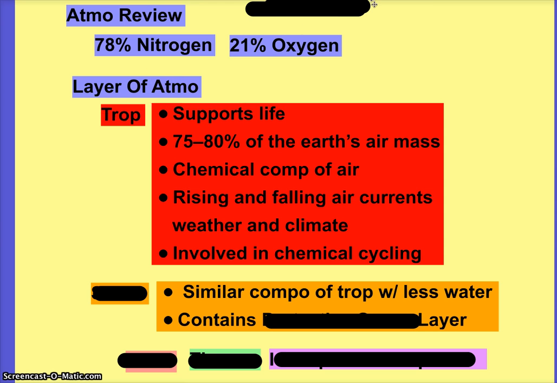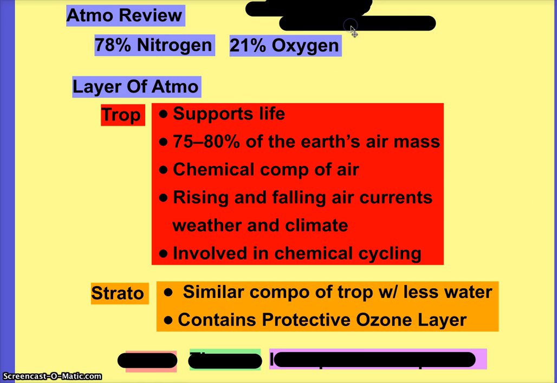Troposphere, because almost everything we're going to talk about in this class takes place in the troposphere. There's only one thing that takes place in the next layer, which is called what? Stratosphere. And what's that? What's there that's important? No, the ozone. Ozone. Good. So the troposphere has most of our mass, most of our chemicals. It's where weather occurs. It's where almost everything we talk about in this class takes place.